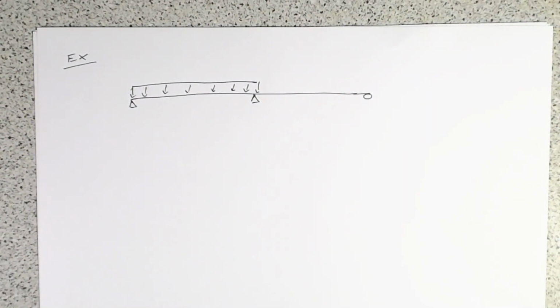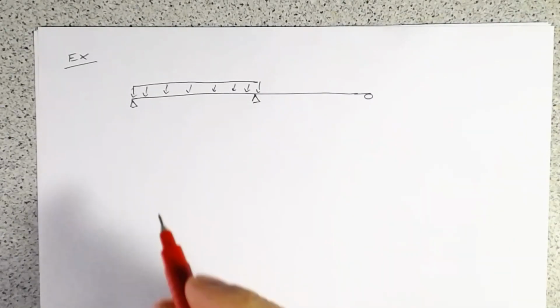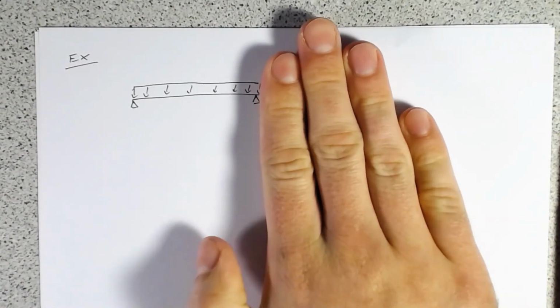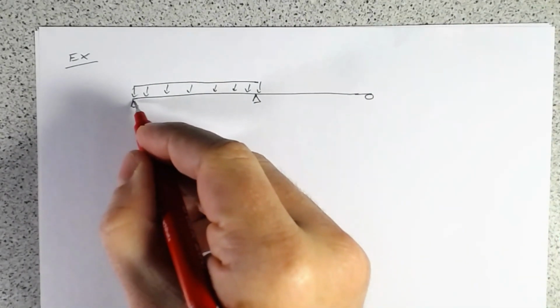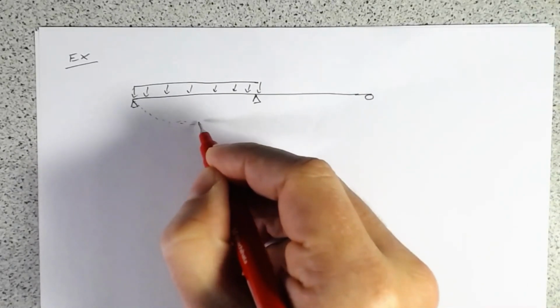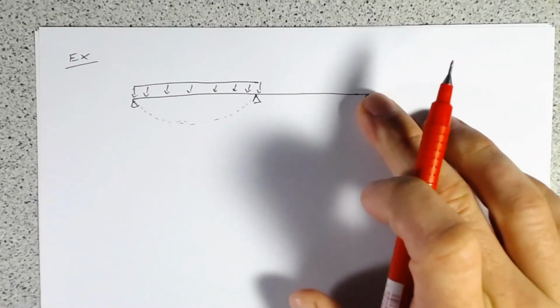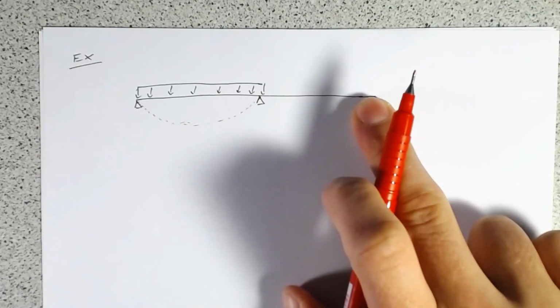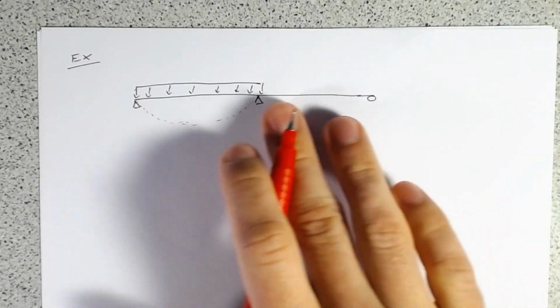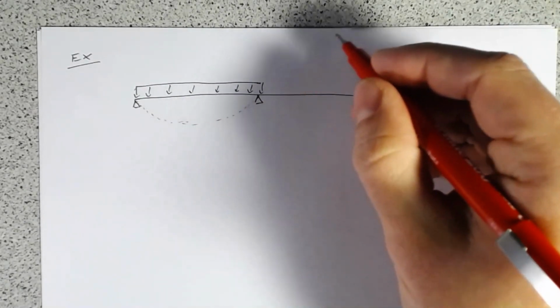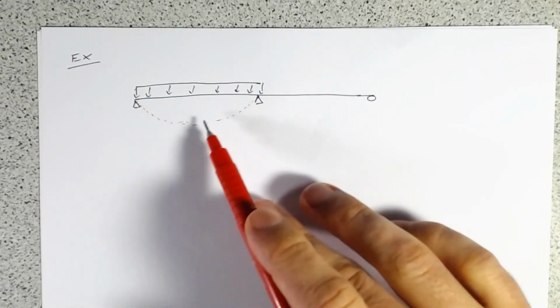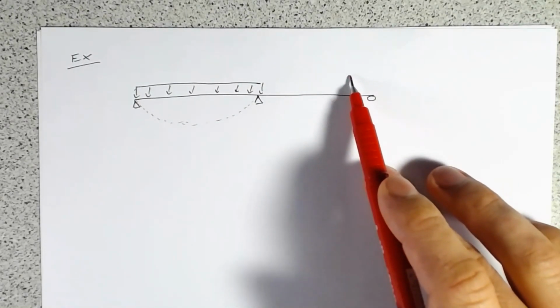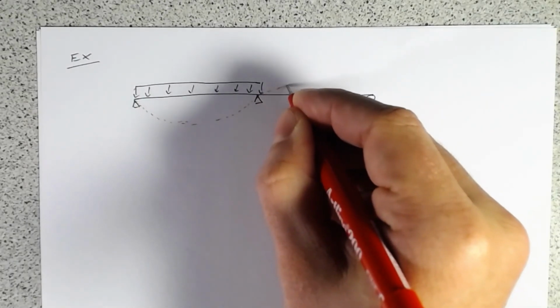Right, so first thing we think about is, what's our deflected shape? Well, start with the parts you know. We know what the deflected shape looks like for a simply supported beam with a UDL. So we know that it's going to bend down like that. If this pin wasn't here, and this was just a free end, sort of like a diving board, then the deflected shape would just continue going up. But because the pin is here, this part which is going up has to get pulled back down. So we know our deflected shape is going to be